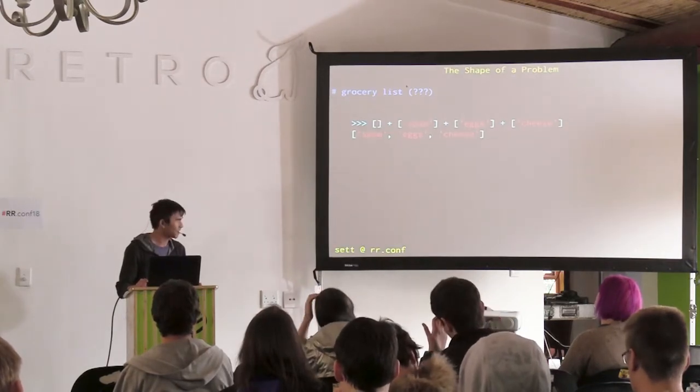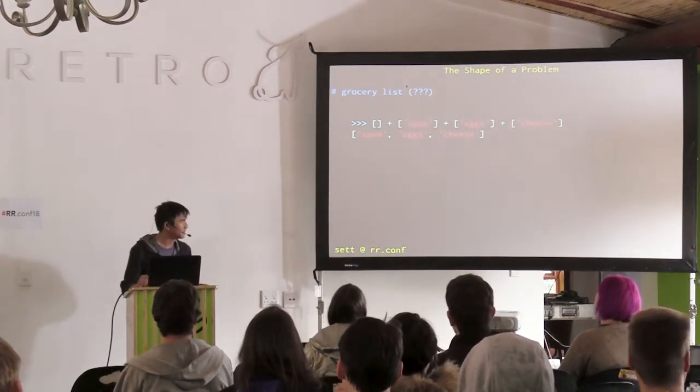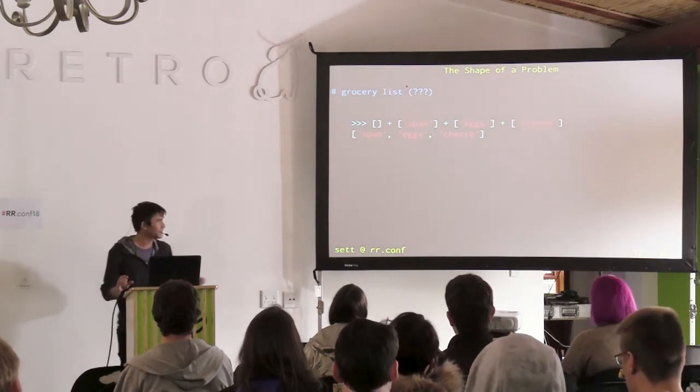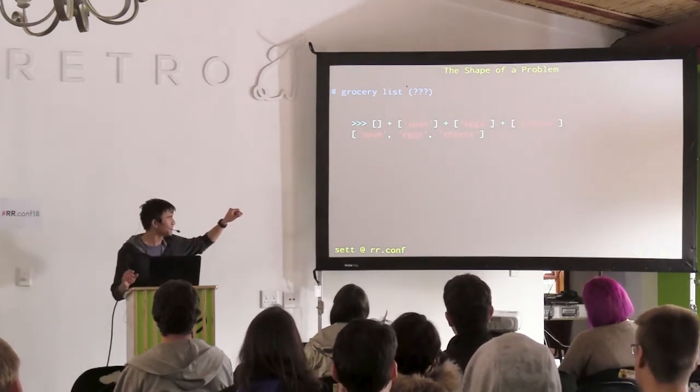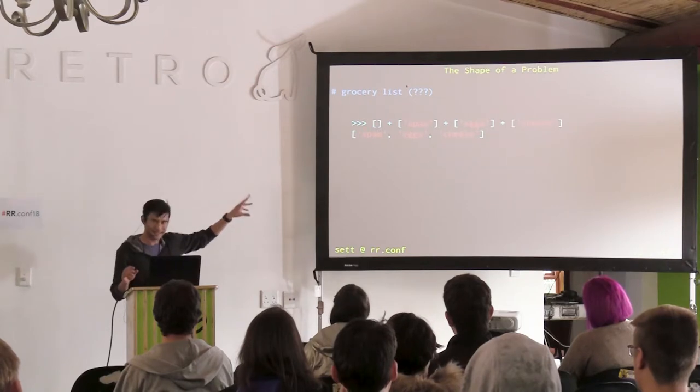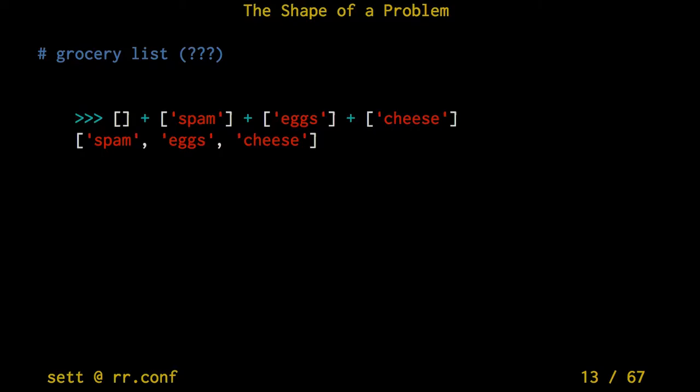But there's another way of thinking about lists. You can do this in Python, but less important than whether you can do this in a language or not is the concept behind this. So suddenly you have a list: spam, eggs, and cheese, the same list that's logically equivalent to the first one, but now it's comprised of many smaller lists. So a list is now a thing that combines many other lists.